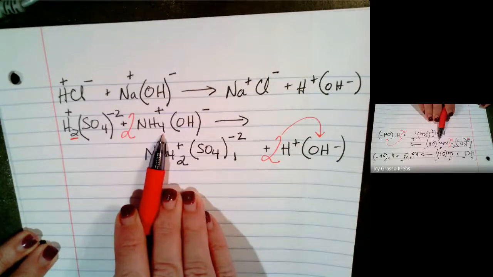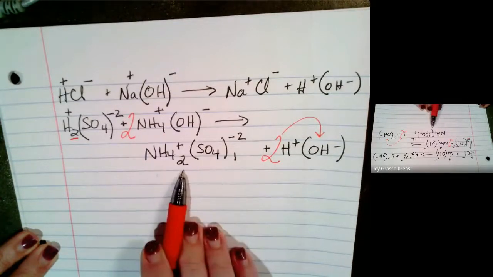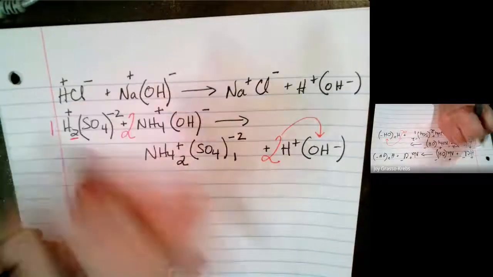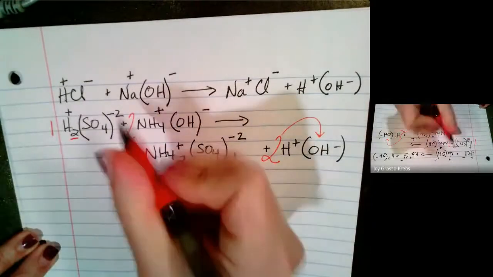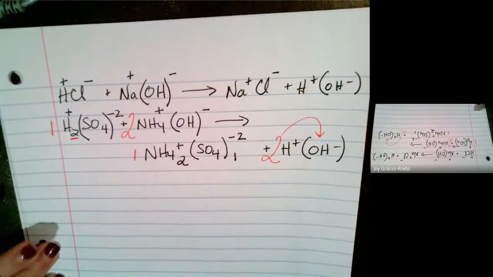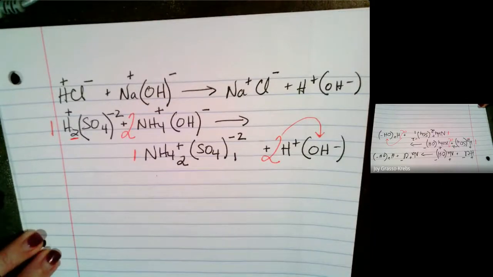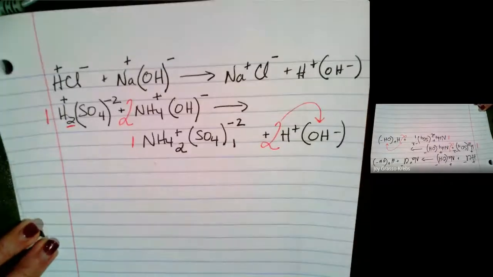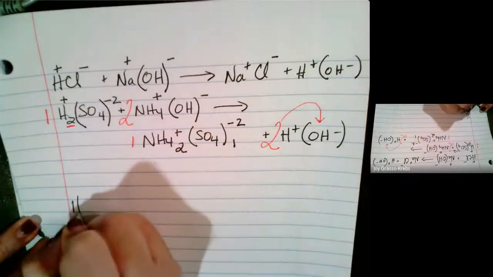But that's a good thing because there are 2 ammoniums in this formula. So it's done. So the coefficients are 1, 2, 1, 2. Now that equation is completely balanced. Now, the last one I want to do as a follow-up to this sheet is